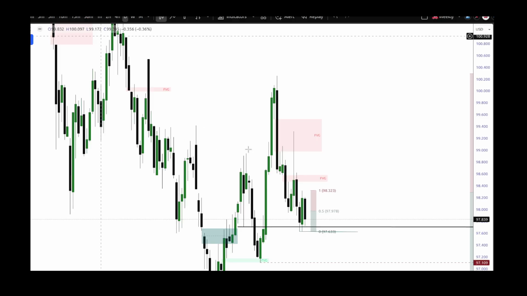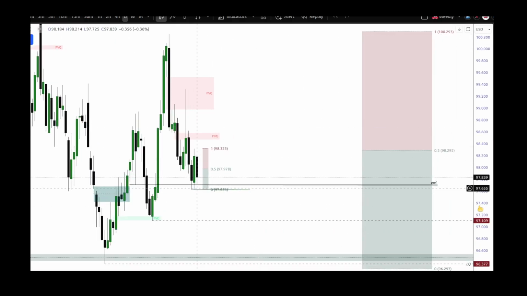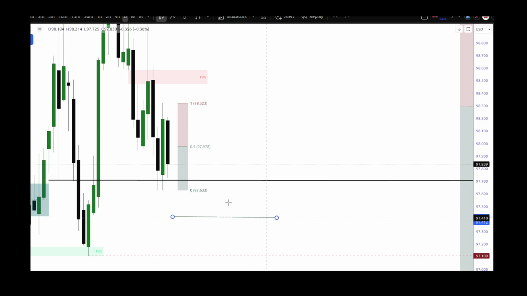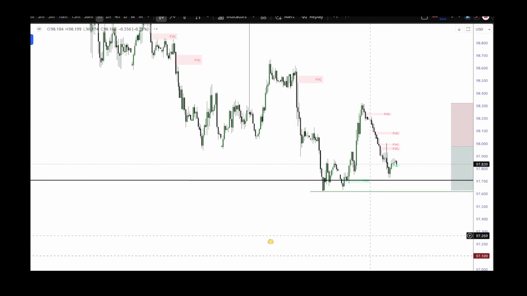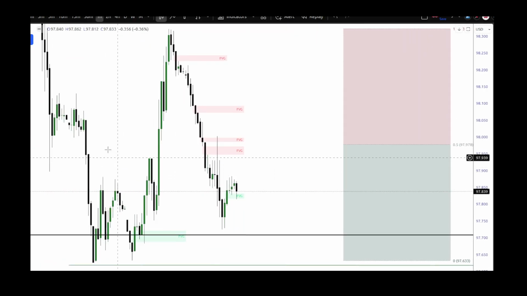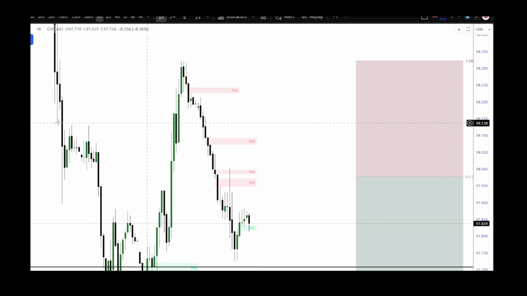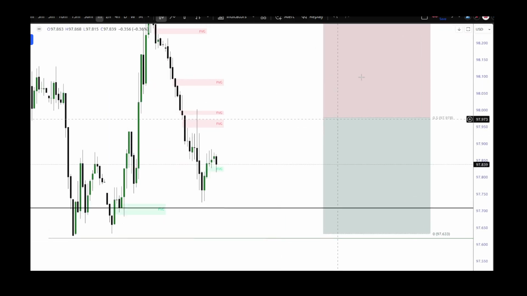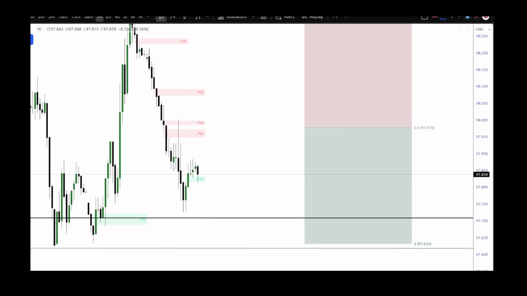But yeah, DXY pretty much looks like it should take out this low. See, I'm not liking this low at all, so I'm anticipating it to be taken. Okay, but we won't be trading DXY anyway, so it's more to anticipate what the forex is going to do. Yeah, so the liquidity being swept here clearly, right? That's why this dealing range becomes key, and the premium zone, especially this high,